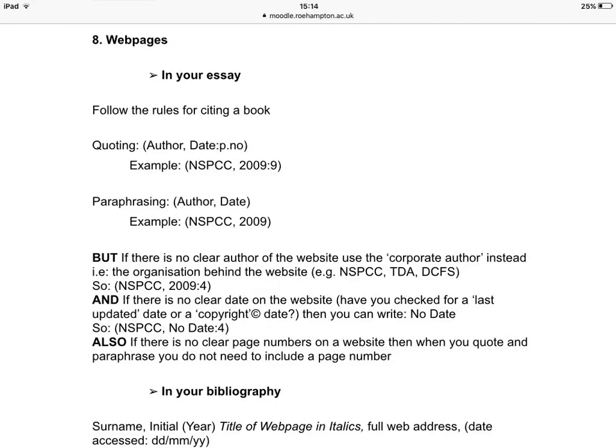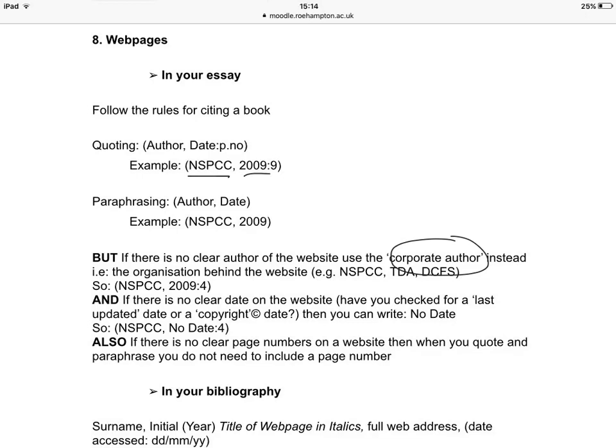When you're citing web pages, you do also follow the rules for citing a book, but sometimes web pages aren't authored, and therefore you need to use the corporate author instead. This might be the NSPCC, for example, or the TDA. So it is then acceptable to put these organisations as the author, but only if the website itself is unauthored.